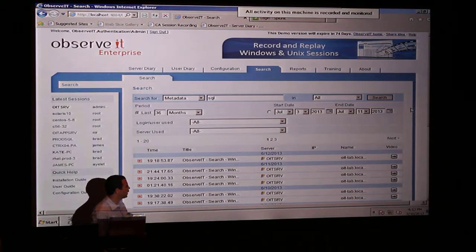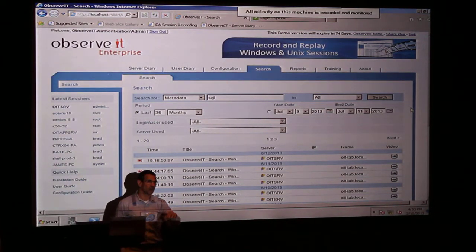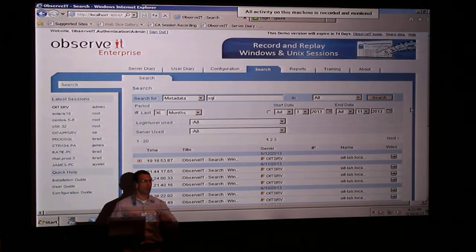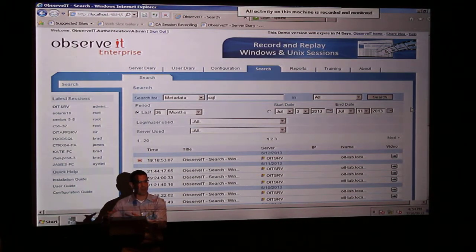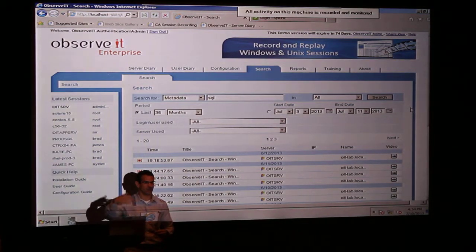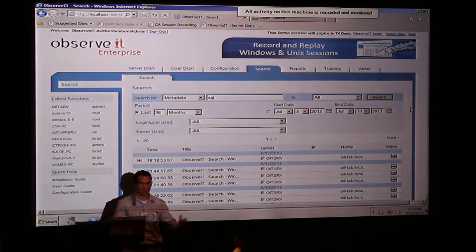So that way we can deal with the privacy requirements in European countries. We also provide acknowledgement of recording, so the user needs to acknowledge that he's being recorded. We have also figured out that this is a framework and it needs to work with other systems that you have. If any of you are familiar with SIEM and log management, we have integrated with most of them today. We provide video playback for SIEM and log management, so you can play back our videos directly from other solutions that you may have, whether it's SIEM, log management, or ticketing systems, where we can associate videos to tickets, and so on.